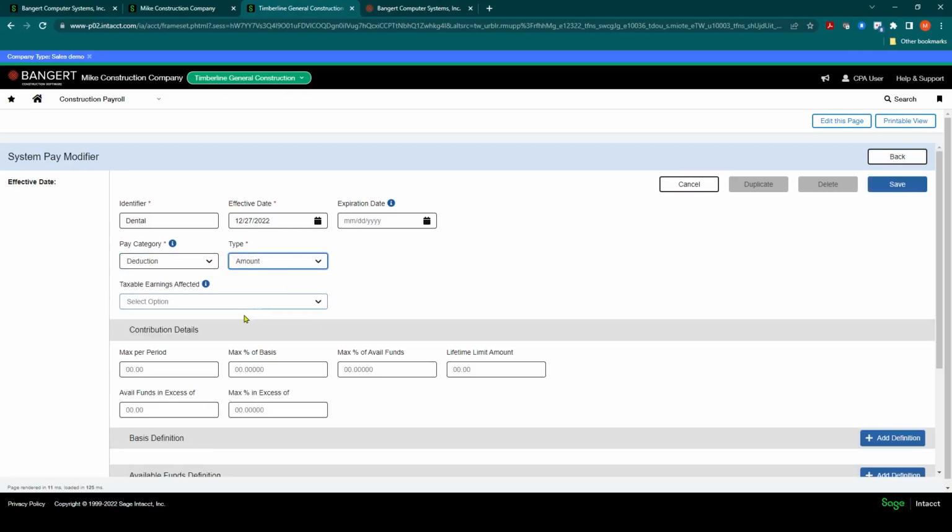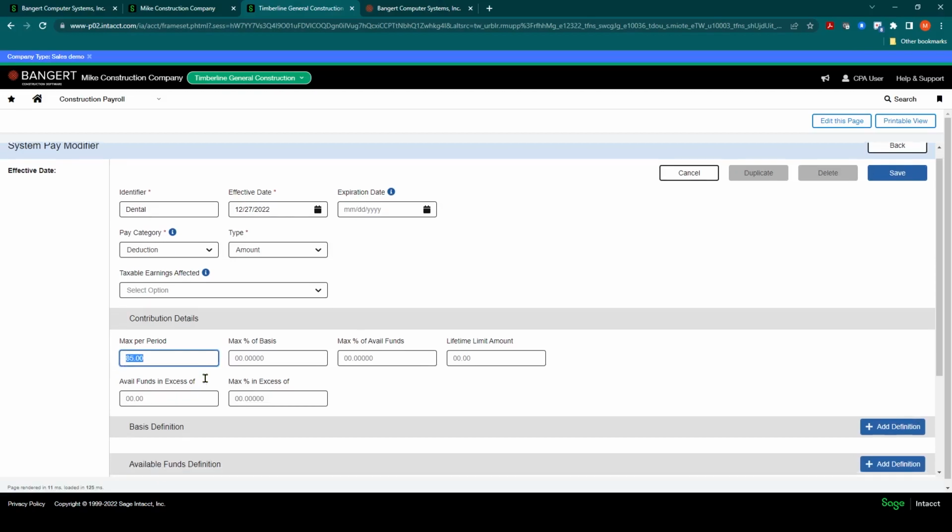And that amount can either be a flat amount or it can be based on a percentage. So in this scenario, let's say it's a flat amount. It's going to be $85 a pay period for the employees, and that's standard throughout the whole company. So in that scenario, we can key in the amount right here, $85 per pay period. Now, if it did vary per employee, you could leave the amount blank here, and then in the employee setup, you can define the amount per employee as needed. So in this scenario, it's going to be $85 flat amount.